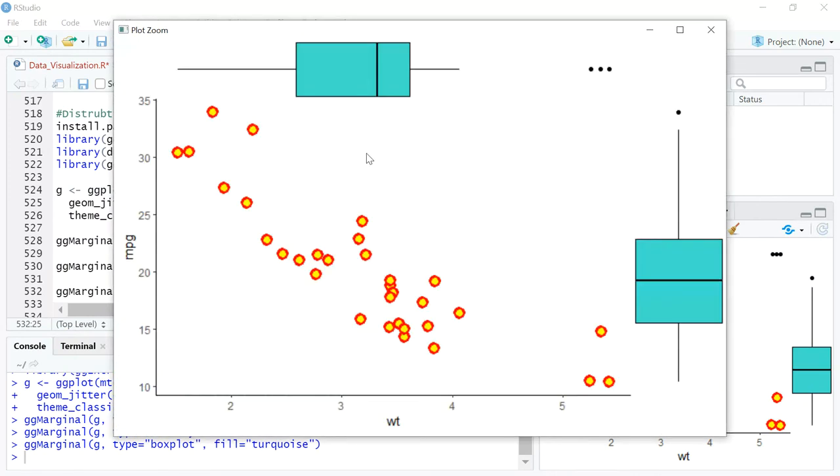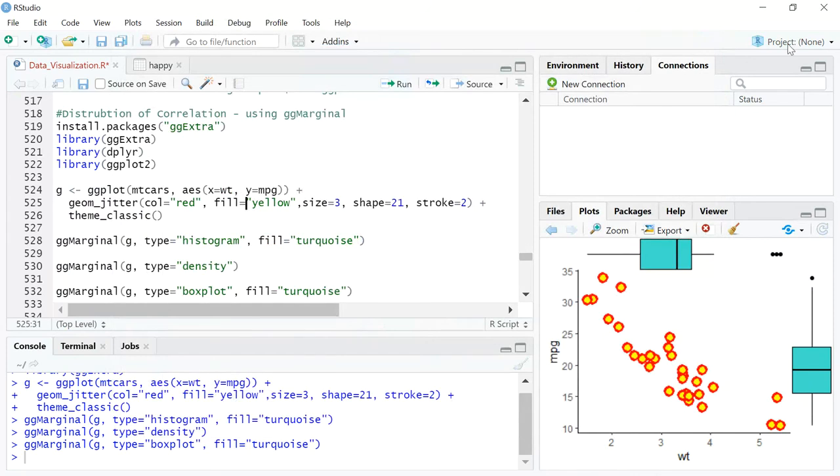A box plot is also fairly good because it tells me where the majority of my data is. It divides my whole data set into 4 equal pieces in terms of the number of observations. I can see that there is a big skew towards the third quartile on the x-axis, and I can see the first 3 quartiles are broadly even for the y-axis, right? And the fourth quartile is slightly stretched out. So it's a quick correlation plus distribution kind of plot that you can do with this. I'm guessing this is one of the most interesting plots that you would have seen, because you could see correlation, and you could see all the observations along with the distribution.